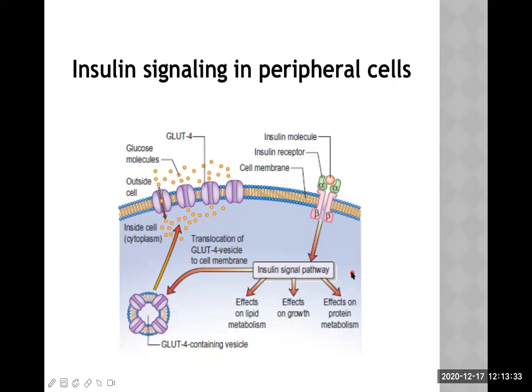So what is the clinical implication here? If there is no insulin, these things cannot occur. That means glucose cannot enter into the cell through GLUT4, and these GLUT4 transporters are the majority of the glucose transporters in our body. That's why we suffer from the effect of hyperglycemia all the time, and this is called diabetes.